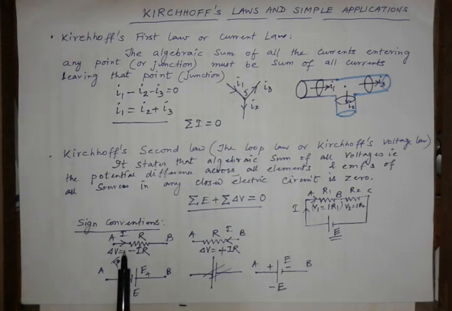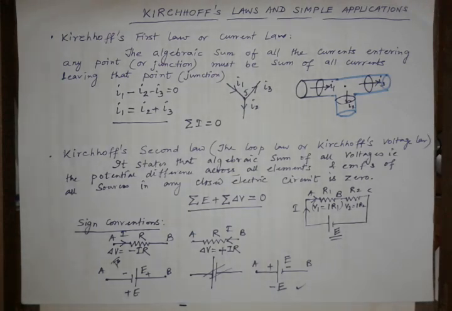So first one I'll tell you again, the sign convention. If the current is going from A to B, and we are also looking from A to B direction, then the voltage drop will be minus IR. In this case, the current is going from B to A, but we are looking from A to B, then the voltage drop will be plus IR. Here you will see from A to B, if the battery is connected in this way, minus to plus, then it will be plus E. And if you see from this direction and find the battery connected in the opposite direction, plus to minus, then it will be minus E. So remember, this is the sign convention, a very, very important thing.